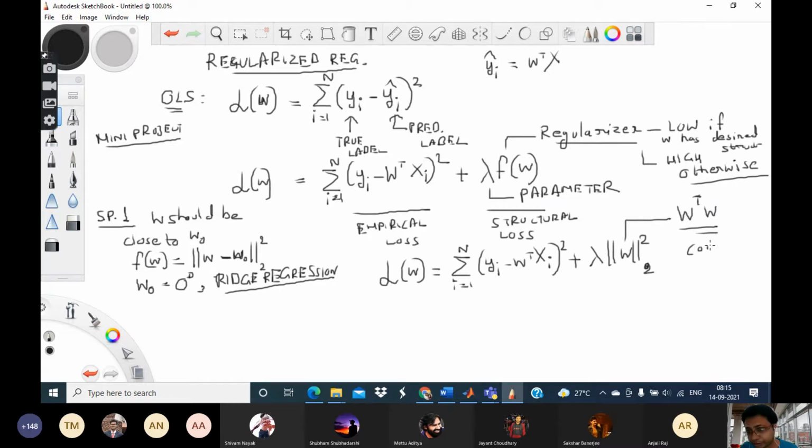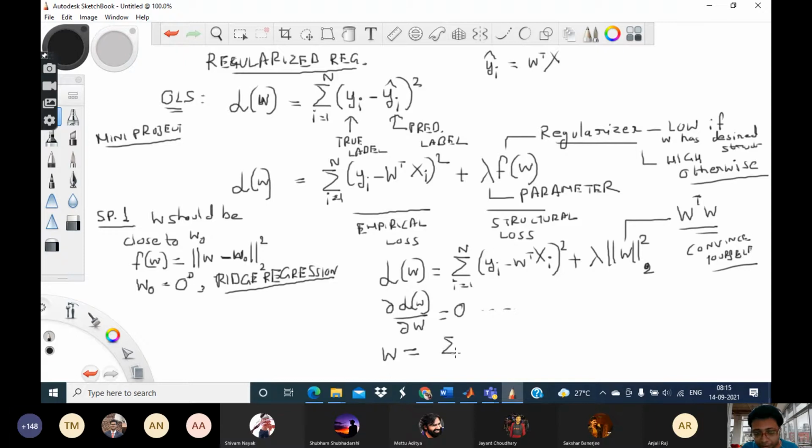Okay, just convince yourself. So once we have written down the loss function in this way, as we did yesterday, we can actually carry out the derivative of this with respect to W and equate it to 0, and we can solve an equation and get an expression for W. And as we saw yesterday,